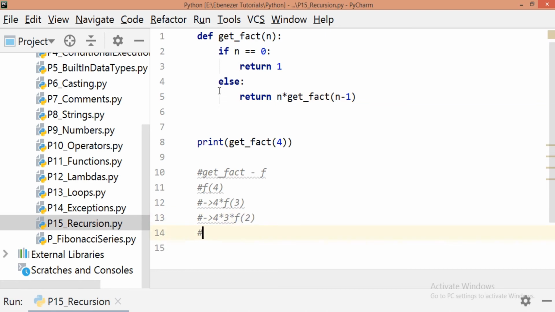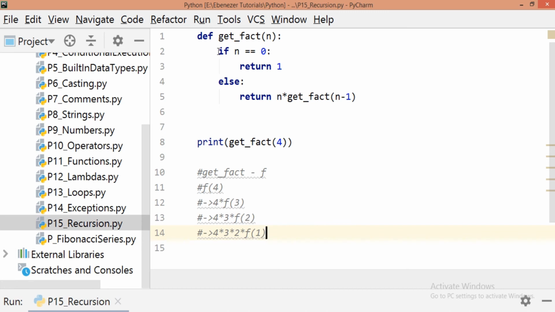Again the same thing, 2 is not 0, so it will come to the else part, it will give 2 multiplied by the factorial of 2 minus 1, which is 1. So it would be 4 multiplied by 3 multiplied by 2 multiplied by factorial of 1.